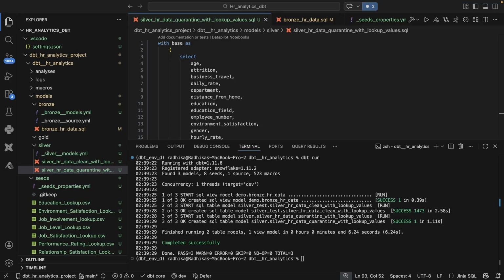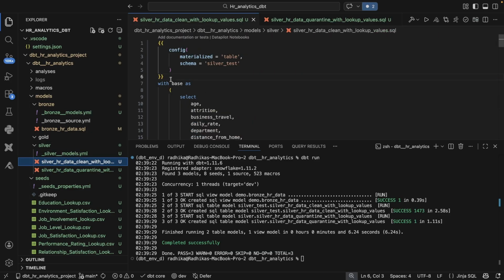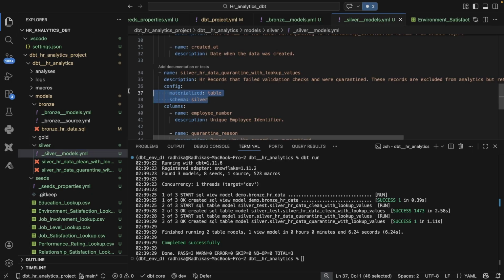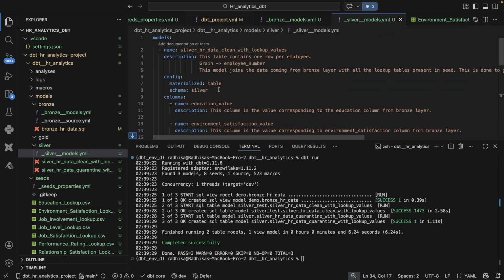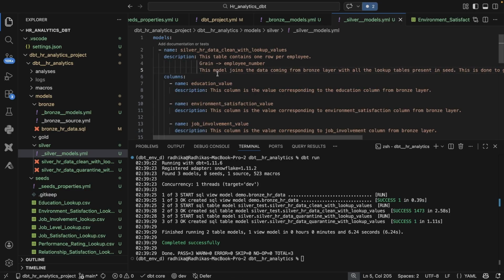Now there is another thing that I would like to mention. So if you go here in properties.yml file, we defined config as a property here. When we went into our model itself, we defined it as a config block. But we can apply the same configuration from dbt_project.yaml itself. So let me just comment this out, save it, and let me remove this config as well from here and the config from here as well. So I've removed all the config and I'm going to apply this same config using